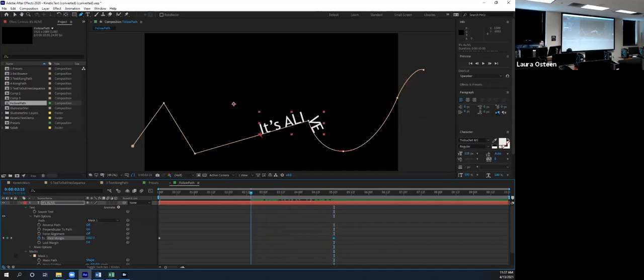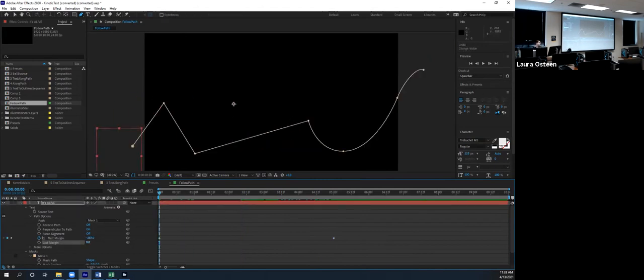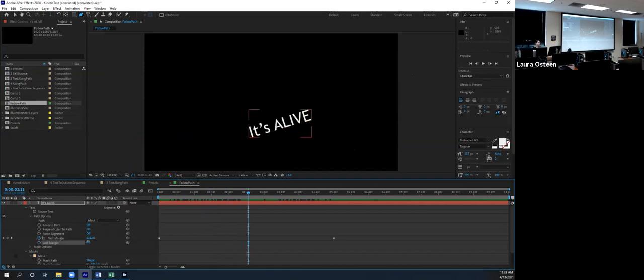Now, if I go to about the middle, the way you can tell this first margin is it has this little hat looking thing at the very beginning of our text. That's the first margin. That's where it's pushing from this side. Your last margin, if I change this, we're not going to see really too much. But your last margin is where this point ends on your curve. So if I take this, about here,